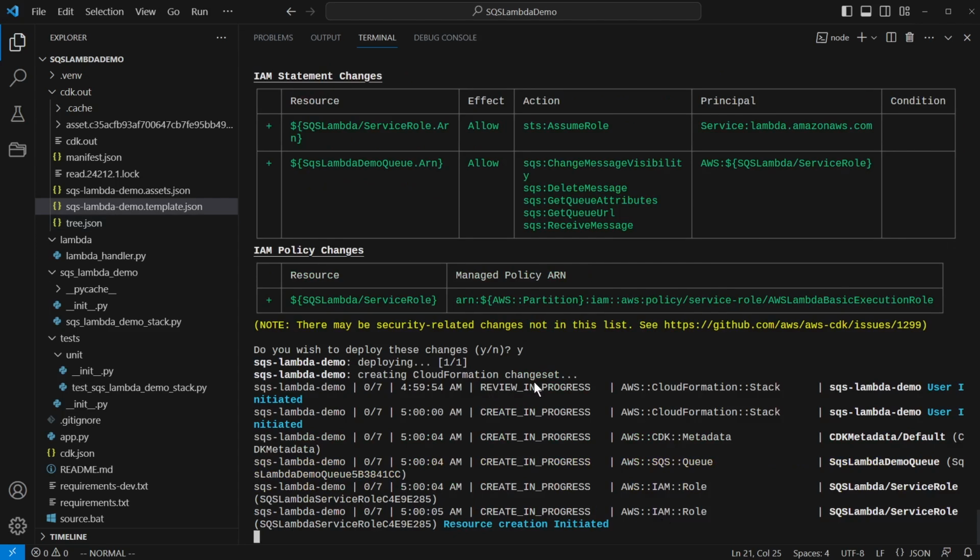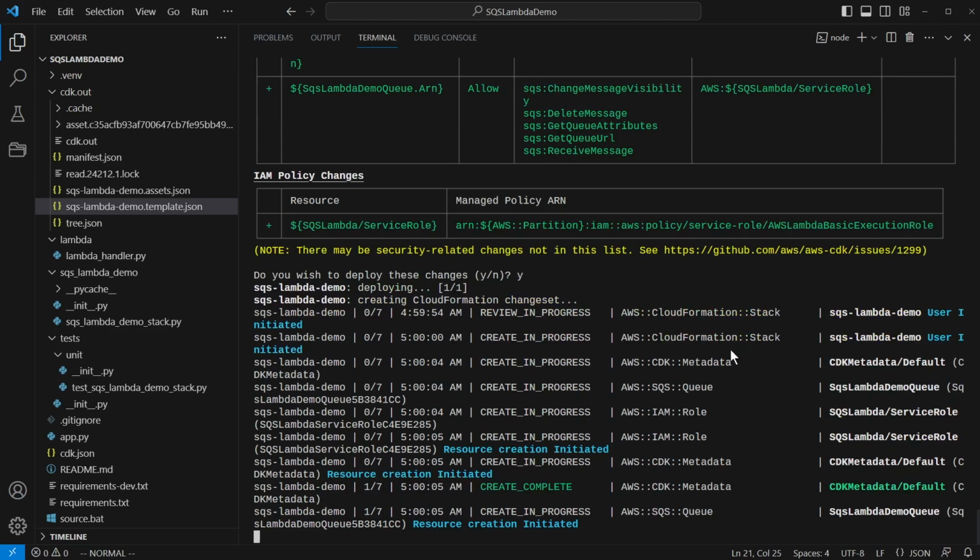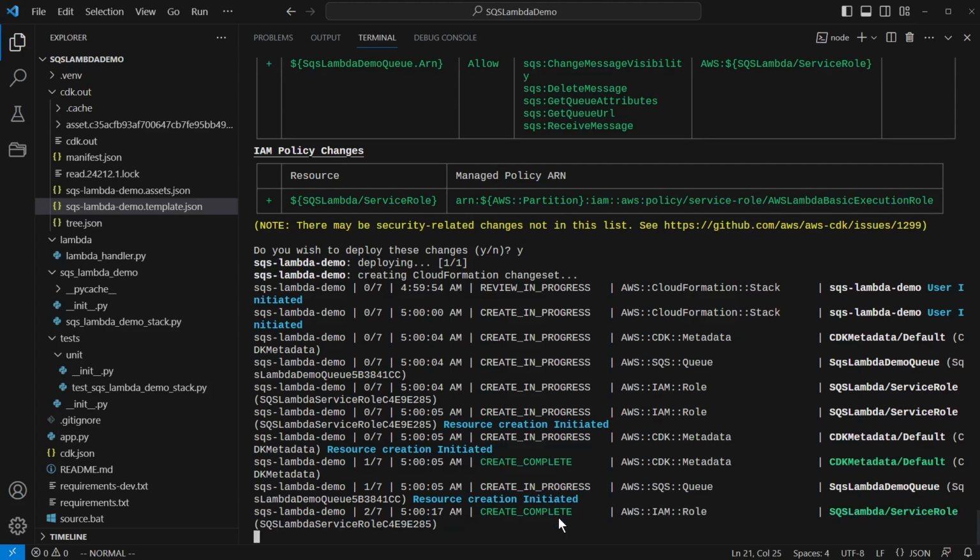So it's showing you, oh, review in progress. It's creating my stack. It's creating my queue. It's creating my roles. All this stuff is being created for me through CDK, and we just have a view into it. And so this is a good way to keep an eye on what is happening in your CloudFormation